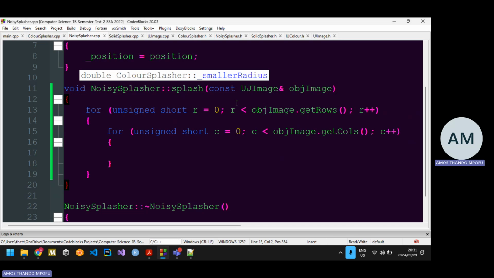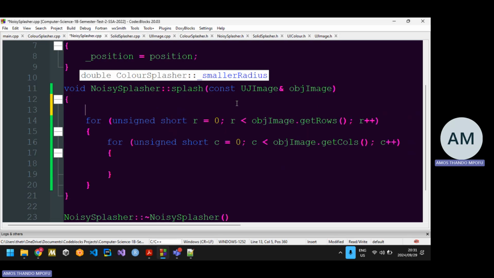Which is simple because to find the center of your circle is just rows divided by 2 and columns divided by 2. So I'm going to say, and I want it in integer format, so unsigned short, I'm going to call it, let me see,